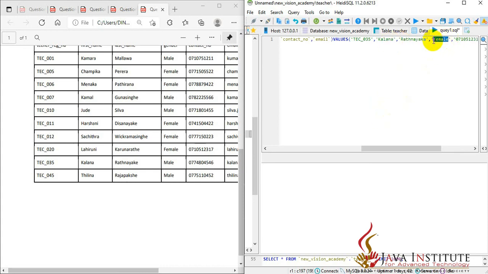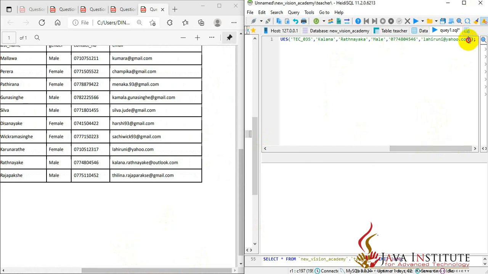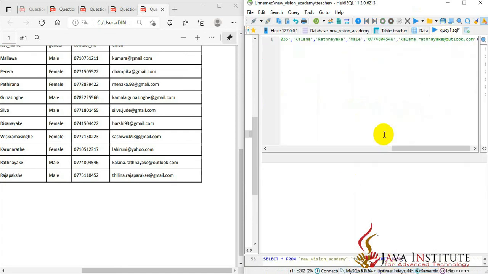Those types of names are obviously males. His number is 077 480 4546, and his email is, even these emails are fake, you won't get any replies from these emails. That entry done, and the final entry,